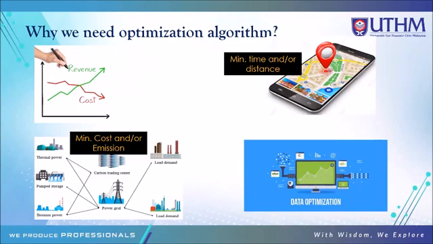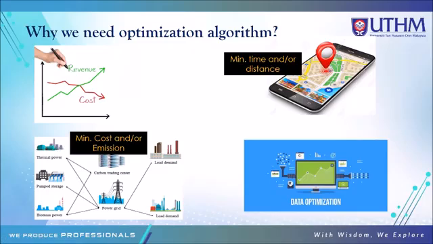We try to minimize, so that becomes the optimization problem, because our purpose is to minimize the cost or to maximize the profit or revenue. Number two, maybe we try to minimize the cost and emission, let's say, in